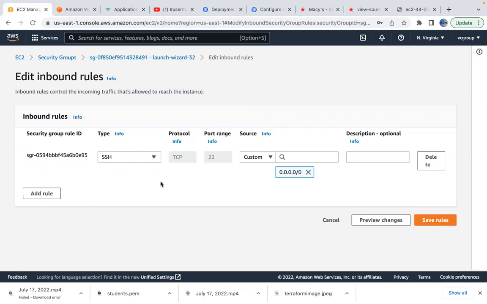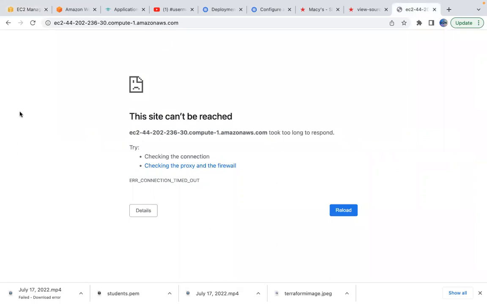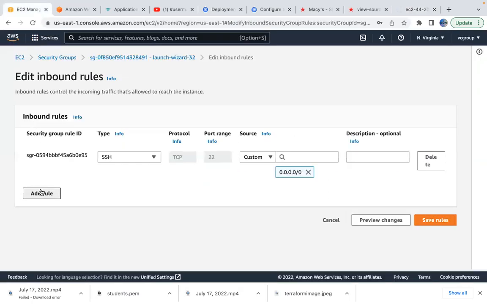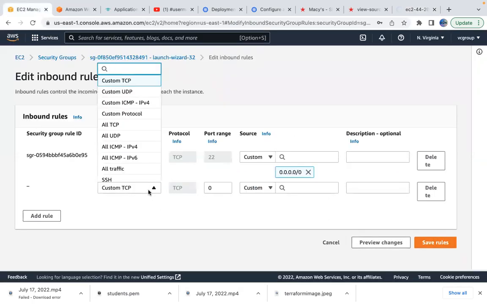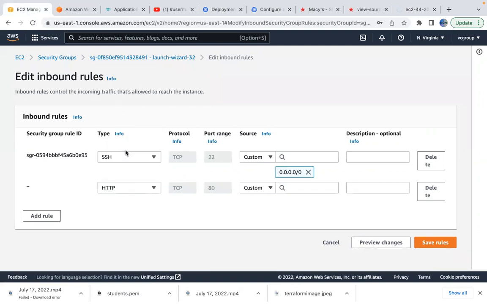Okay, only SSH traffic. But we are trying to access this application through the internet, which is HTTP, hypertext protocol, correct? And that security group doesn't allow HTTP. But let's go ahead and add that rule to accept HTTP. Let's add HTTP, which is port 80, and 0.0.0.0/0, that means you can allow